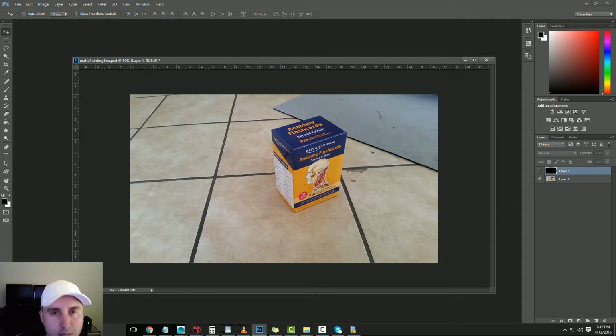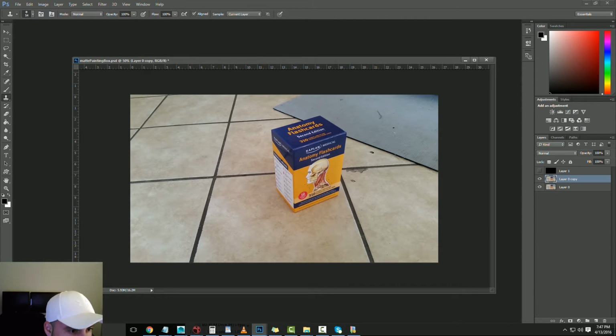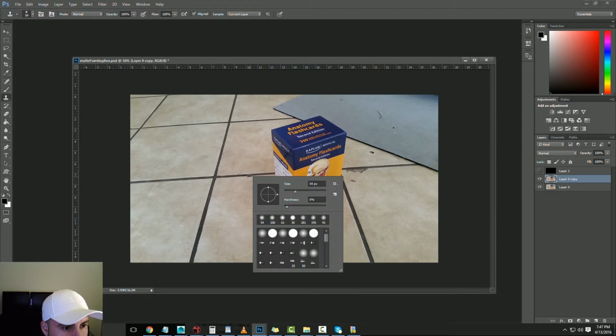So first things first, we got to separate the background from the foreground. We want our camera animation to reveal that this is actually a 3D object, not flat. So let's just go ahead and do that. First things first, let's make ourselves a clean plate. So I'm using shortcuts here on the keyboard. V is for that, S is for the clone tool, and I'm holding Alt down to sample my area, right click,